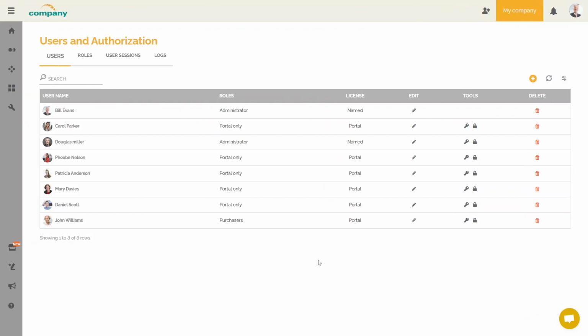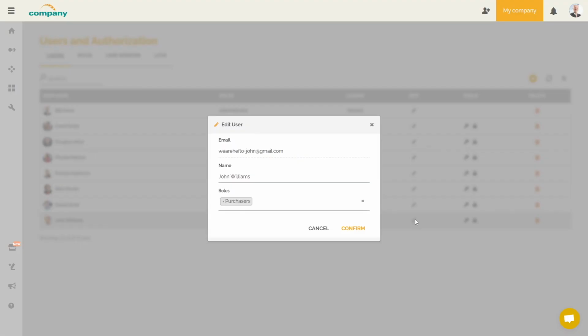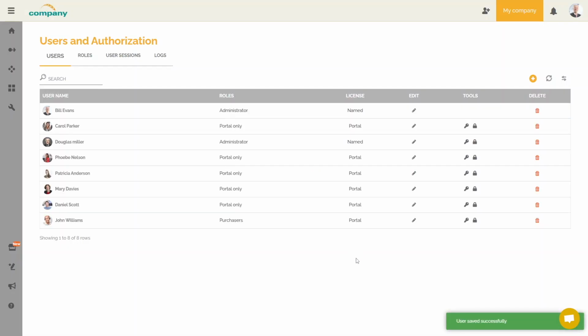John Williams clicked on the link to join this environment. We can then edit this user and see the information about him. We find his name, his email, the purchaser's role. We do not see an associated license because this role only gives access to the portal for the documentation of 3 processes. This user is automatically associated with a portal viewer type license.